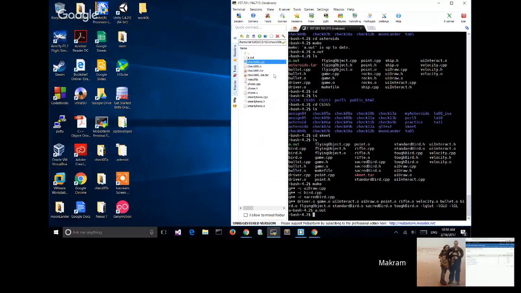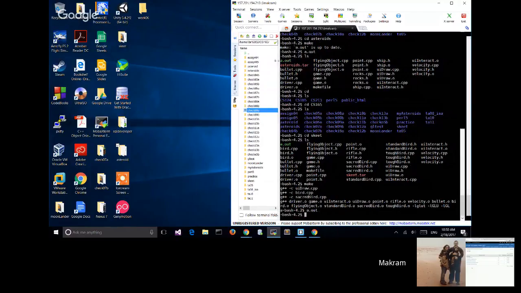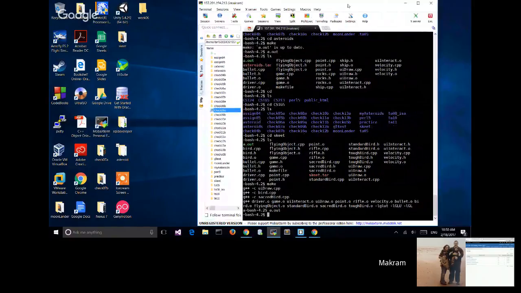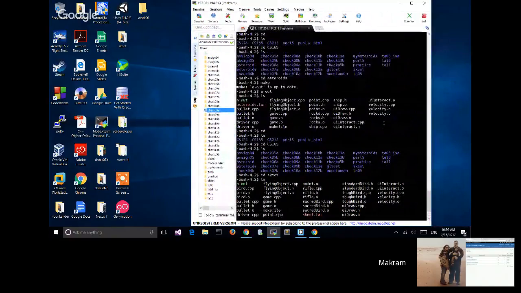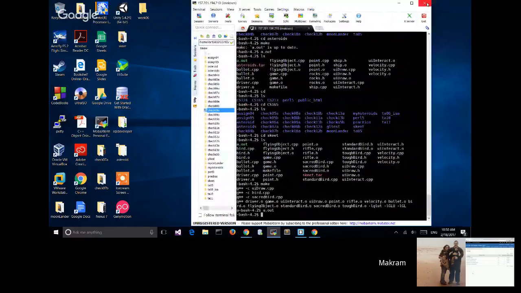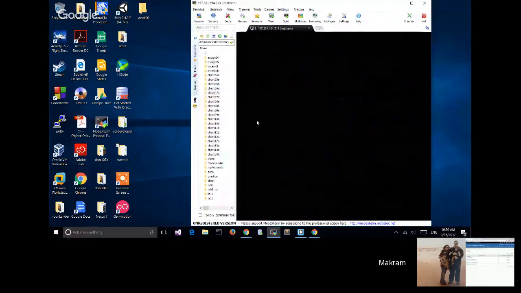That's why you can see the C++ file, make file, and .h file. As I said, if you need any help, let me know. I still have all my assignments, and I'll be more than happy to help you guys. Cool. Thank you a lot.